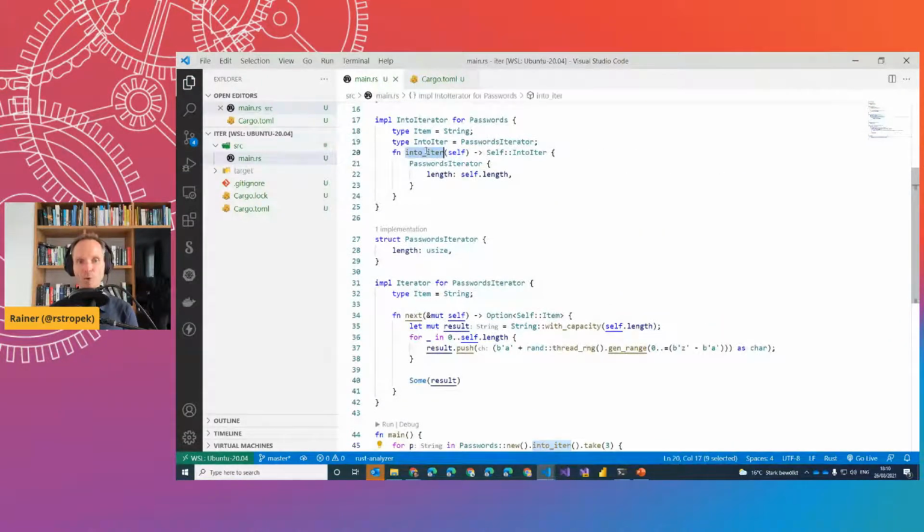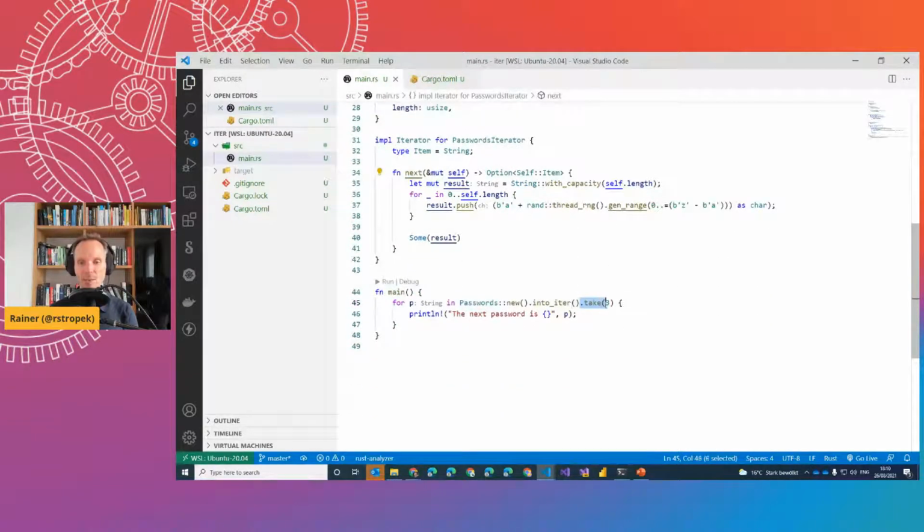Scroll up. Iter will generate the passwords iterator. This is the guy here. This implements the iterator trait. This implements the next method. And the take 3 will make sure that the next method will only be called 3 times. This is what I wanted to show you, so you get an idea of what the core abstractions for iterators